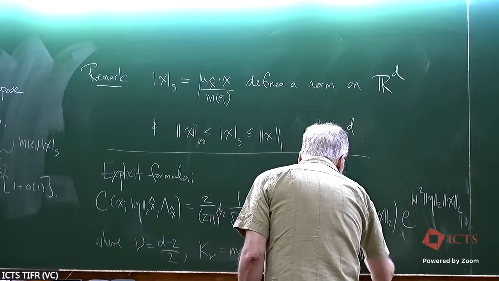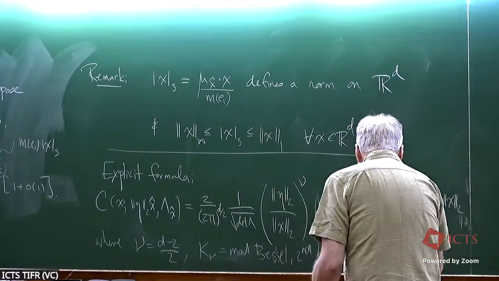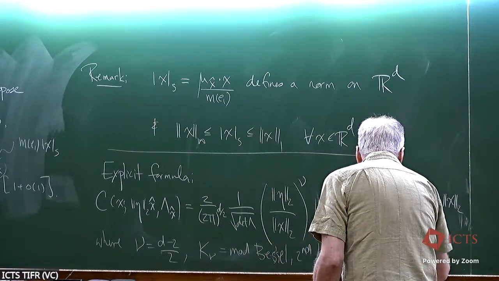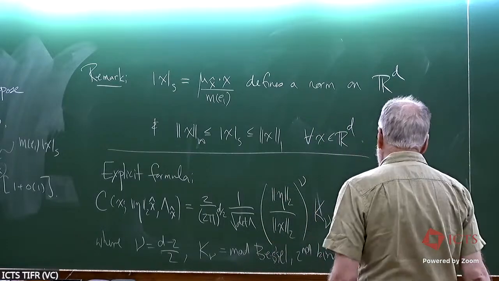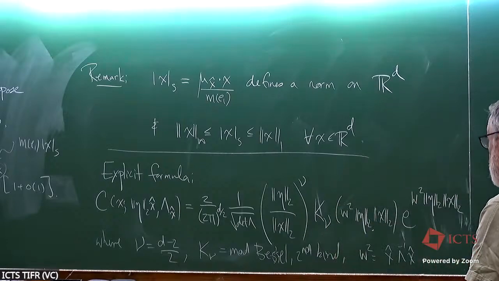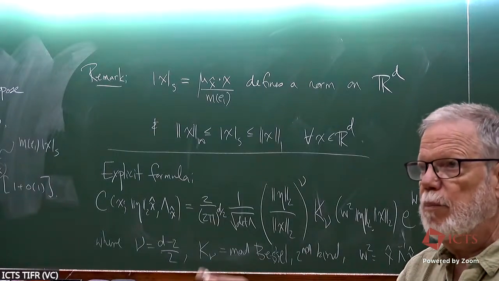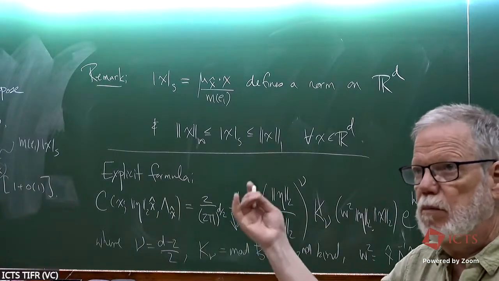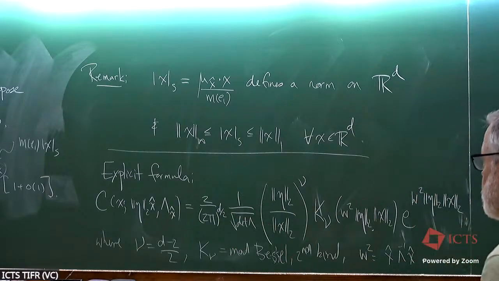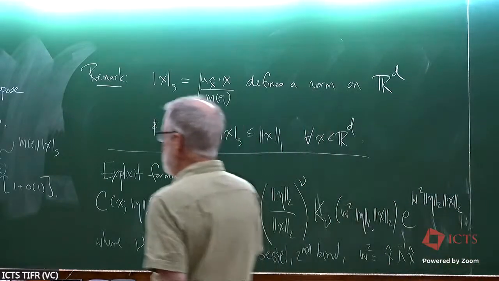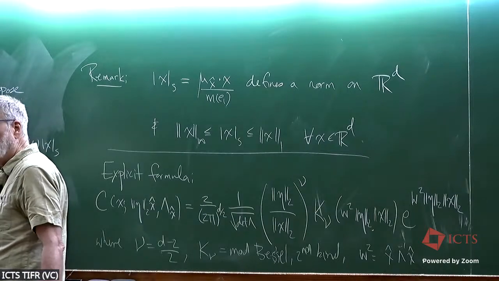And w squared is x̂ Λ inverse x̂. So it's a bit of a mouthful, but it's explicit. And everything is known about the Bessel function. And so we know everything. We know everything about this amplitude here in the